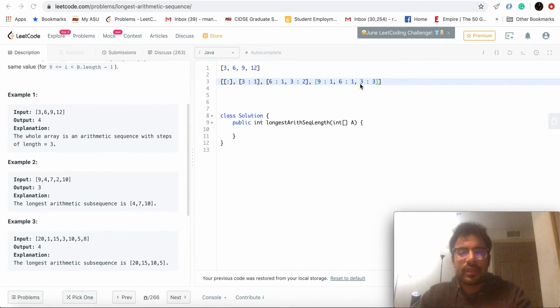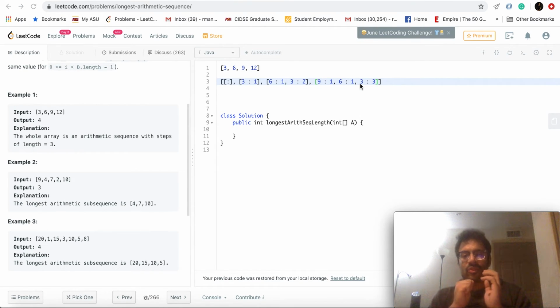3, what we can see is the difference 3 has occurred thrice before 9. Now, please note that we are actually counting how many times we have seen this difference, right? So the final result will be that max value plus 1, because you need two numbers to make a difference,